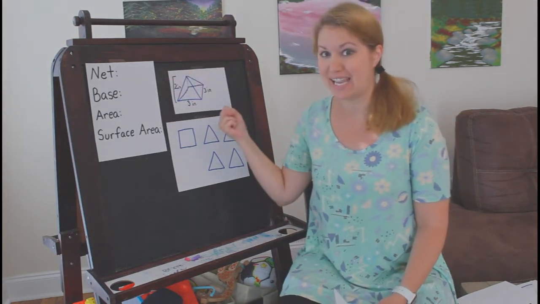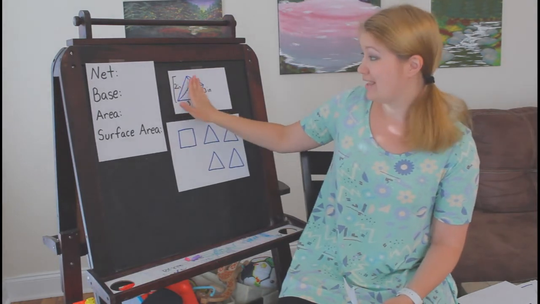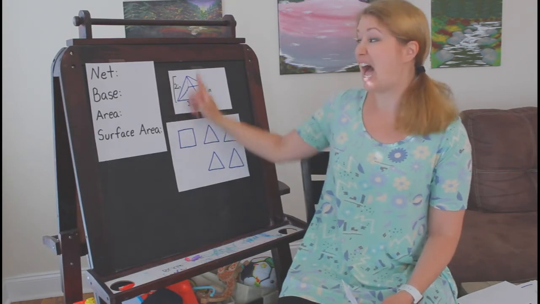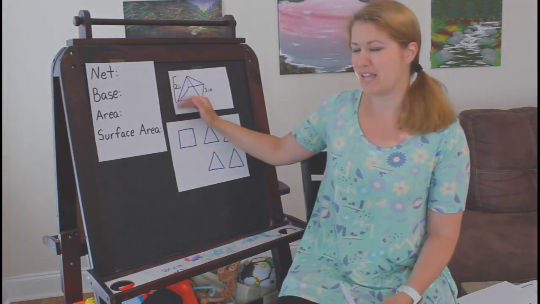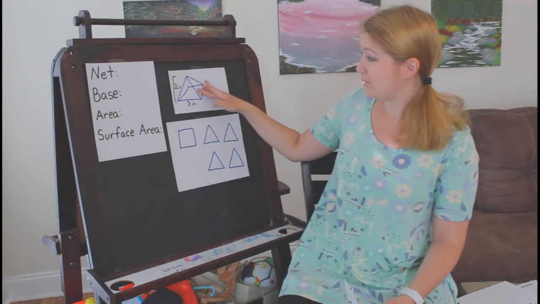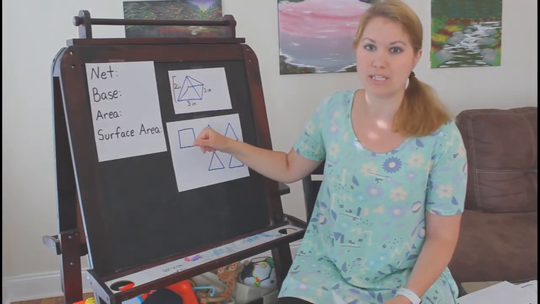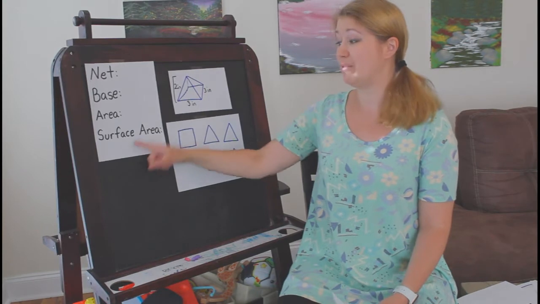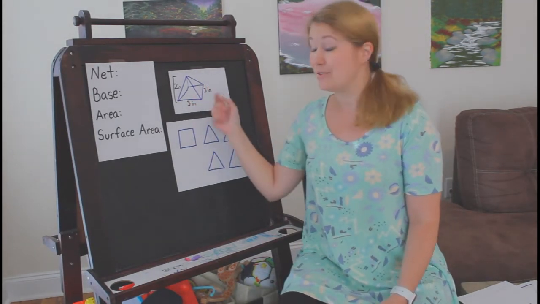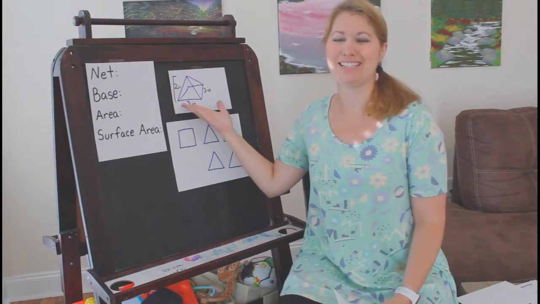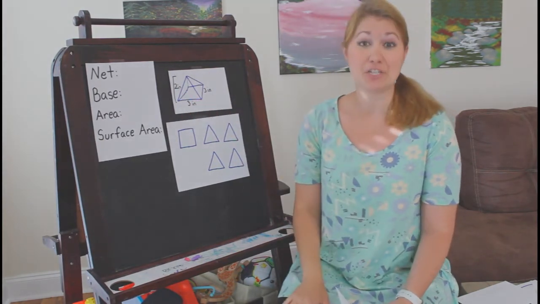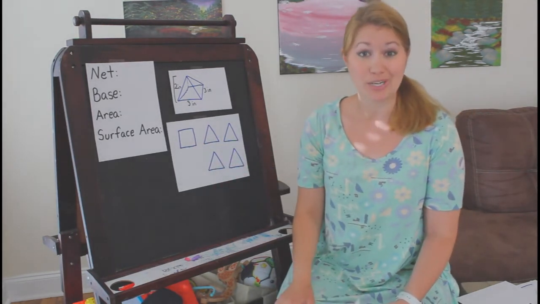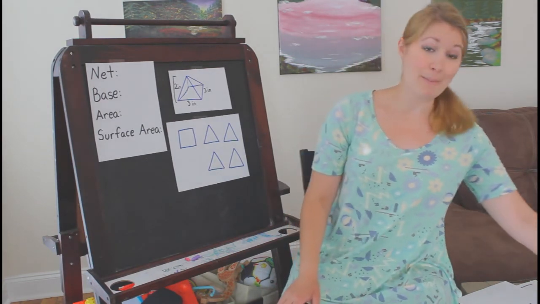So when I'm adding that together, I'm going to add my 3 that I got here because I did 1/2 of the base times the height of the triangle. I can add 3 plus 3 plus 3 plus 3, or I can just do 3 times 4 to make it a little bit faster. And that will give you most of your surface area, but don't forget your base. You got to add in the 3 times 3 for that base also. Make sure that you have 5 measurements to add together for this pyramid because you have 5 different surfaces you're putting together. Okay, let's look at one more shape